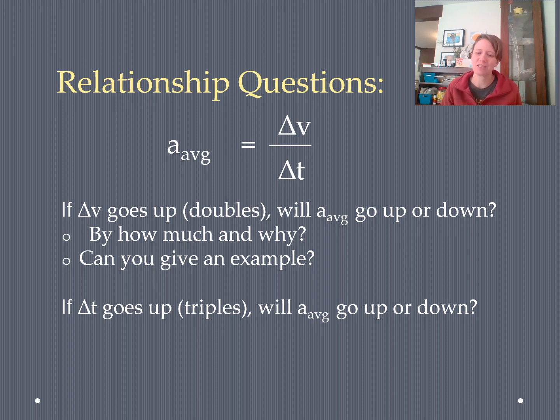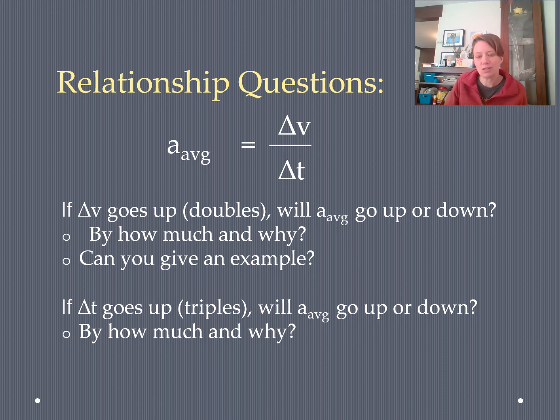So this was kind of the example I gave when we originally introduced acceleration. I have two cars that are both starting at the entrance ramp of a highway, but one of them takes 3 times as much time to get up to highway speed. The other one does it in 1/3 as much time. What's true about the acceleration? And by how much? So if my crappy car takes 3 times longer to get up to highway speed, that's going to mean its acceleration is 1/3 as much as the good car,